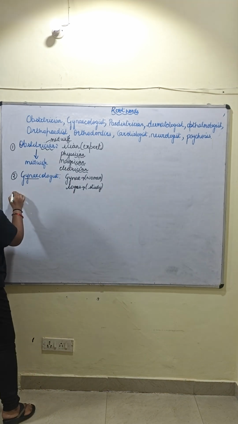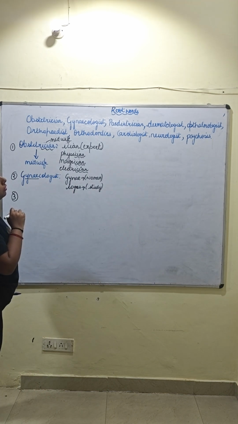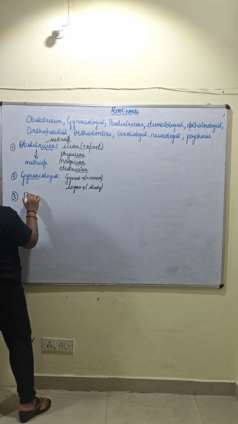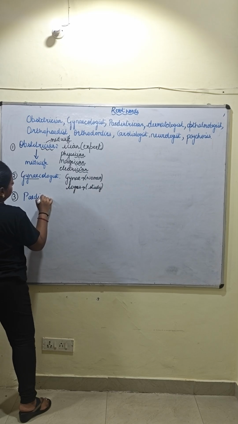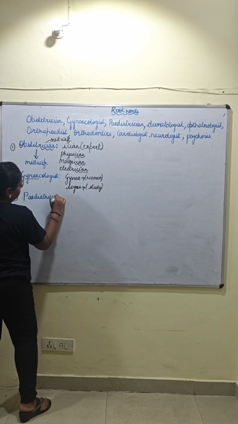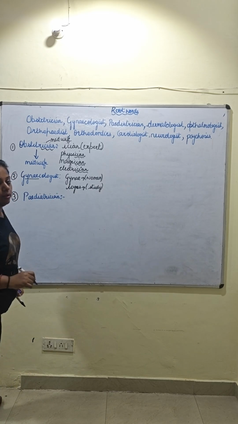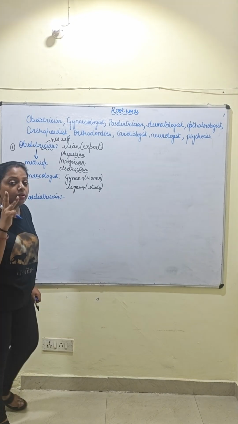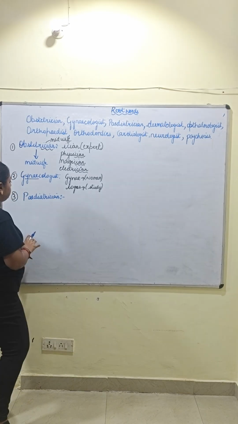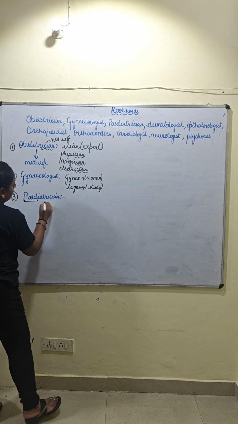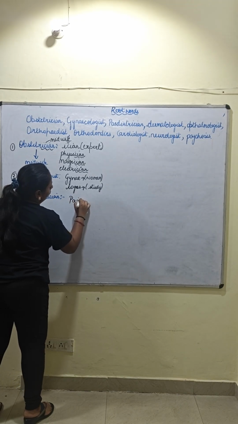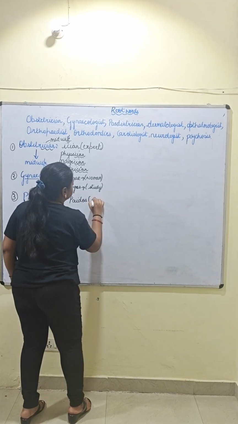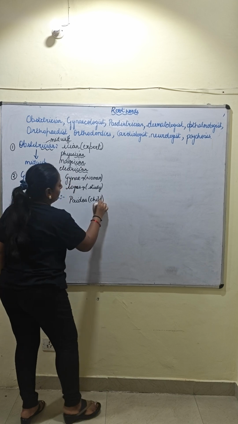Talking about the third word, which is pediatrician. Now again, you can break this word. This particular word has taken three root words. And what are those? Let's break it into three. This has been taken from paidos, P-A-I-D-O-S. And paidos means children or child.